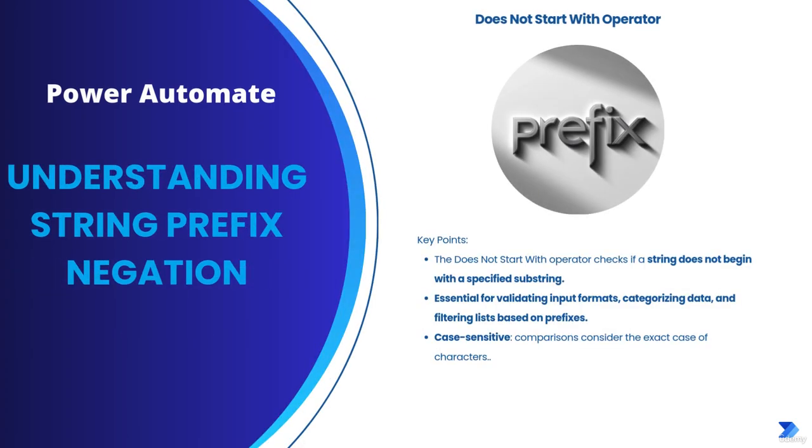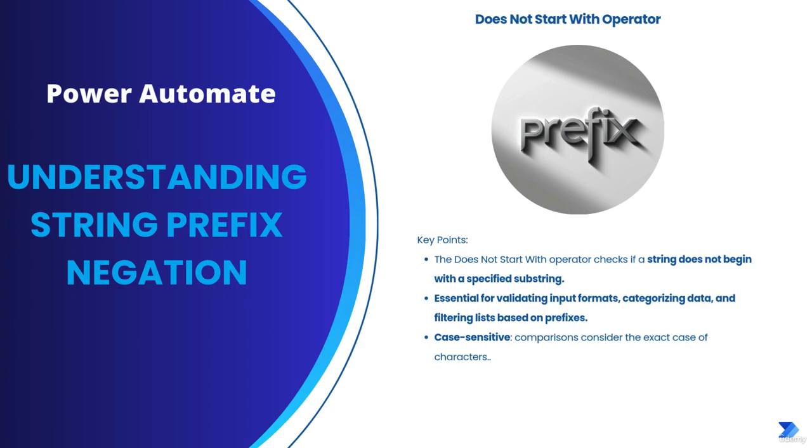Does not start with definition. The does not start with operator is used to check if a string does not begin with a specified substring. This operator is essential for validating input formats, categorizing data, and filtering lists based on prefixes. Similar to the starts with operator, it is case-sensitive, meaning that the comparison will take into account the exact casing